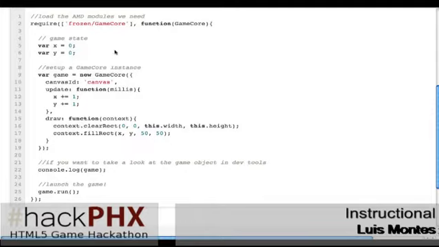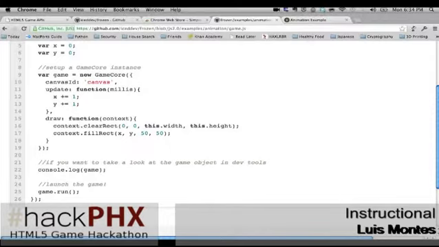So I have a little game core object. I have an update function, and I'm not even really paying attention to the time. This is a really simple example. All I'm doing is incrementing an x and y, and then I'm drawing a little square. So just for animation, we have an update and a draw, and that's all that did, and it just drew the box across. Okay, that is the absolute most basic thing that we could do.